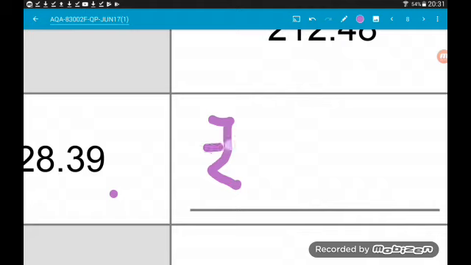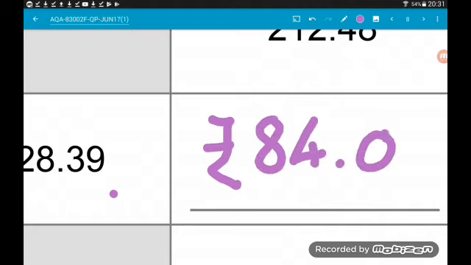How do we know that's being taken out? Because it's council tax. So we want to subtract 128.39 from our original balance. Remember, it's a calculator paper, so just smash that straight in and we will get £84